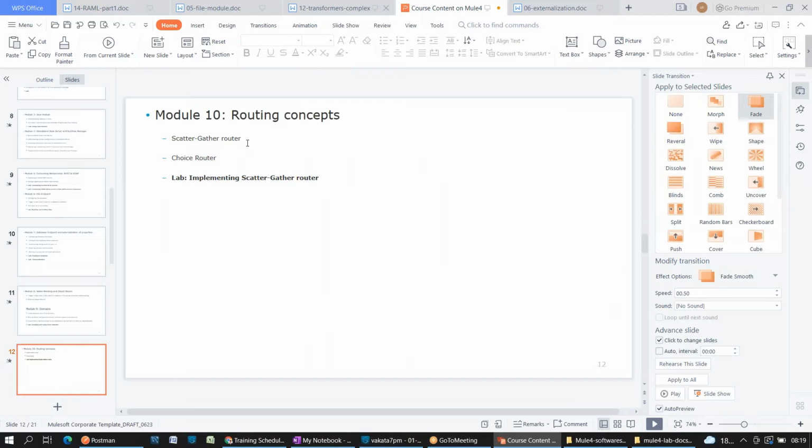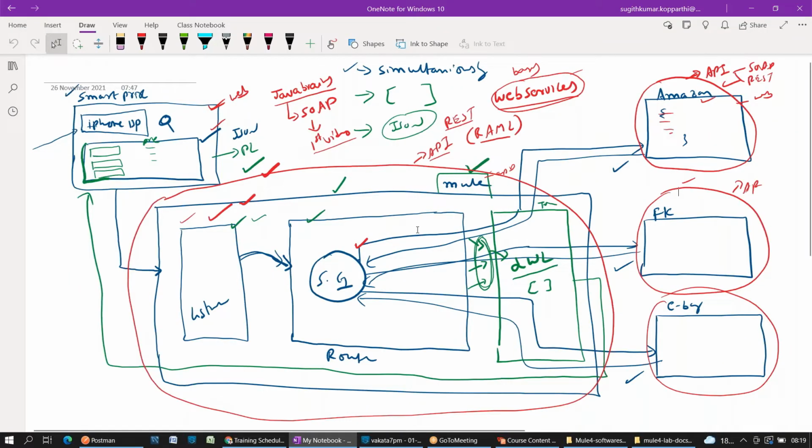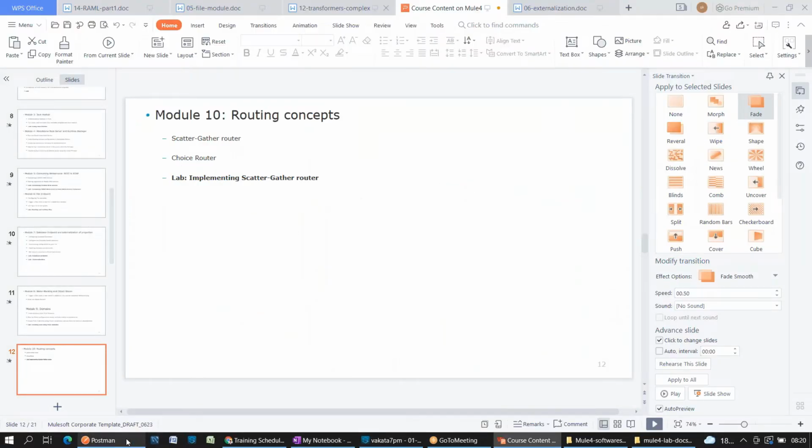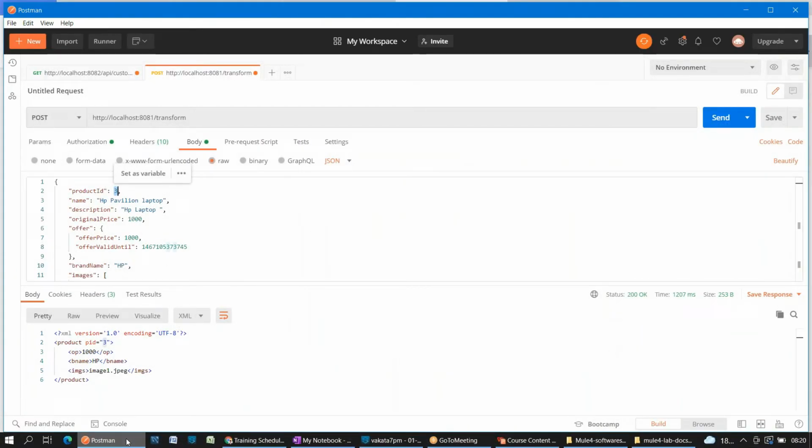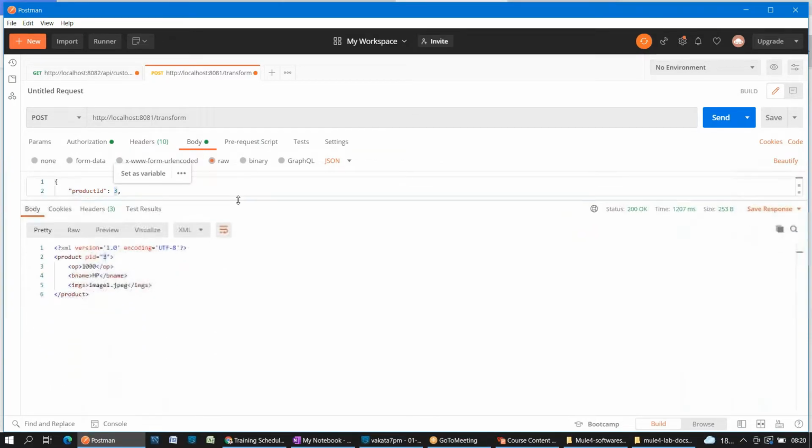When you come to the scatter-gather router, with the combination of the topics I have covered till now, we are going to create one project: consuming third-party REST API, SOAP API, and database with the help of a scatter-gather router, and converting into different formats according to my client requirement. I'm going to use Postman as a client to make calls to my application for testing purposes. So Postman is going to act as a client for my application.